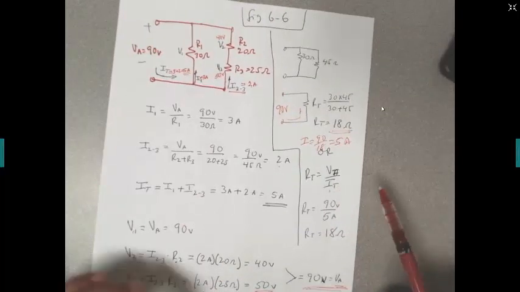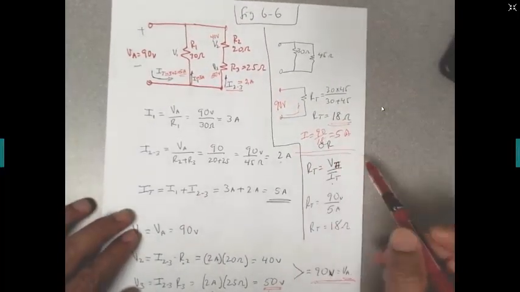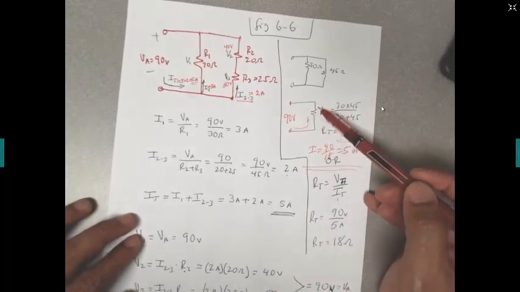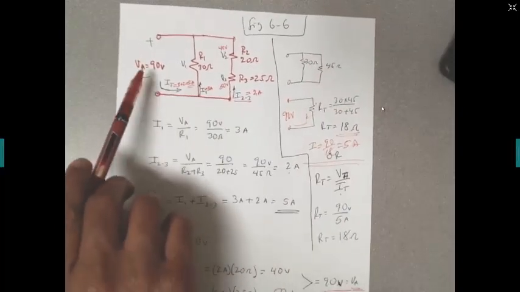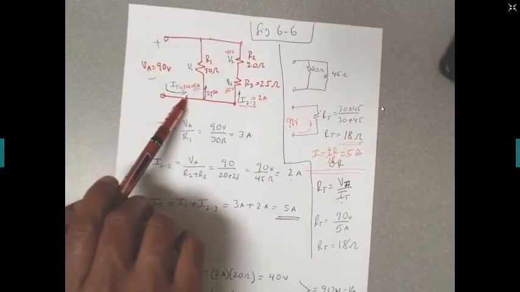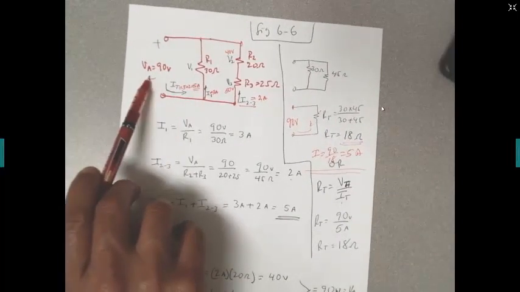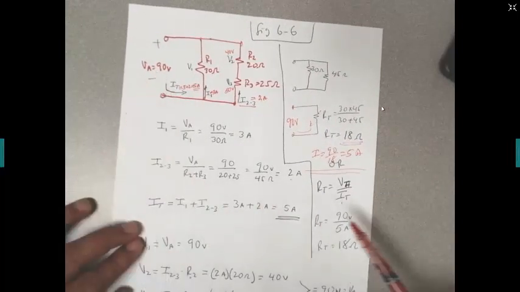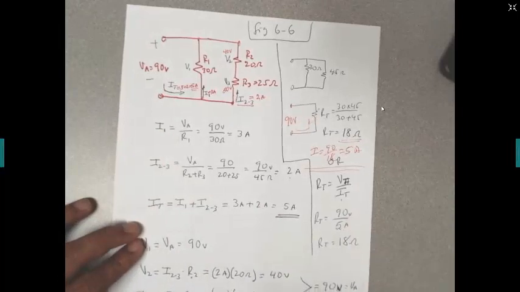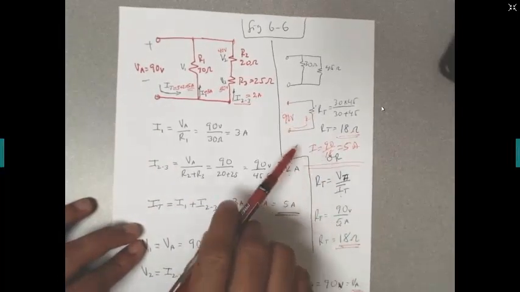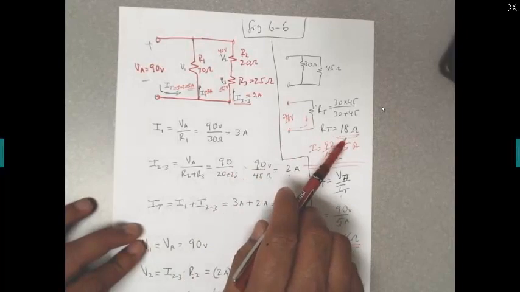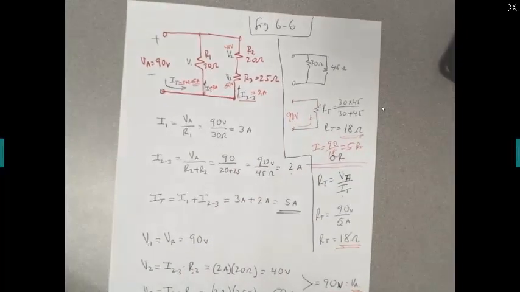All right, and let's say I wanted to get this resistor without going through this process. If I know the total current is 5 and the total voltage is 90, I can just divide 90 by 5 and that gives me 18 ohms. See, it's the same 18 ohms that I got through this process. Okay, so